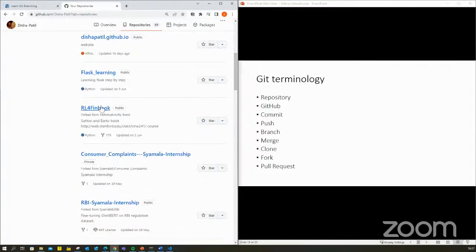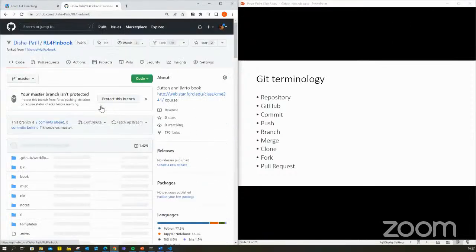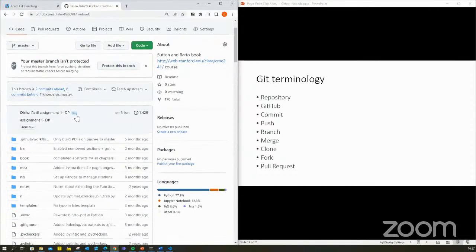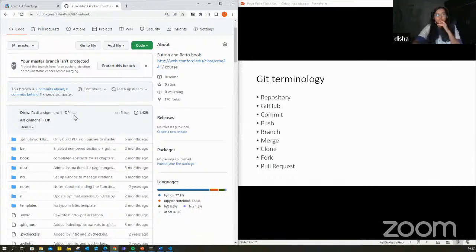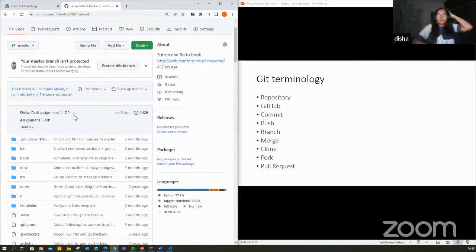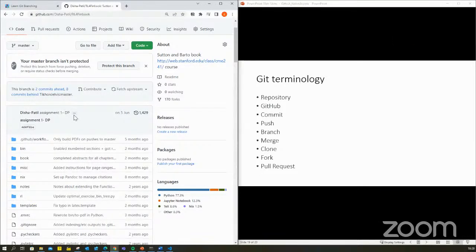Disha, may I suggest something? Yes, please. Ajay here. I think we have branch, merge, clone, fork, and pull request. Will it be okay if we have one more similar session in some coming weeks? Let's take the next 30 minutes for questions. So far we have covered the basics, and we know what people are thinking, what questions they have, some basic queries. Absolutely. Will it work for you? Yes, yes, yes.